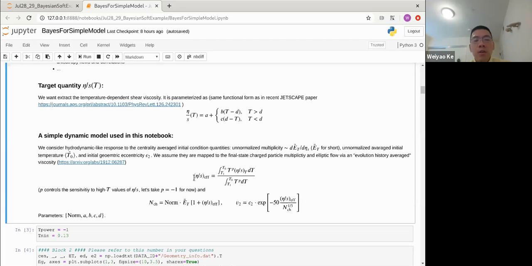The idea for this effective shear viscosity I directly take from the literature. You can check out the reason why we're defining a quantity like this. Basically, we take the temperature-dependent shear viscosity and average over temperatures. This is a weighted average controlled by T to some power p. Right now, we're going to assume p equals -1, just for now. So you get the eta over s at high temperature to be less important than the eta over